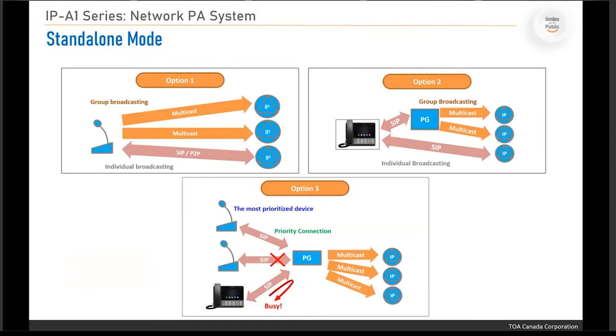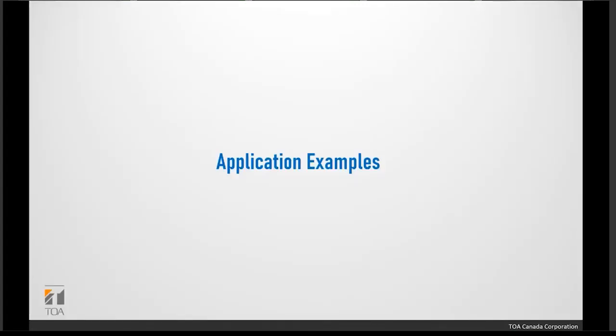Now, the third option is if we have multiple microphones or a combination of microphones and SIP phones, then you need a paging gateway to do priority control. And of course, to convert the SIP into multicast at the same time. So now, after we explored the integration types from VMS integration to SIP server integration to standalone applications, I would like to go into the application examples of this system. This system can be installed in any small to mid-sized project, but here I will be focusing on the education